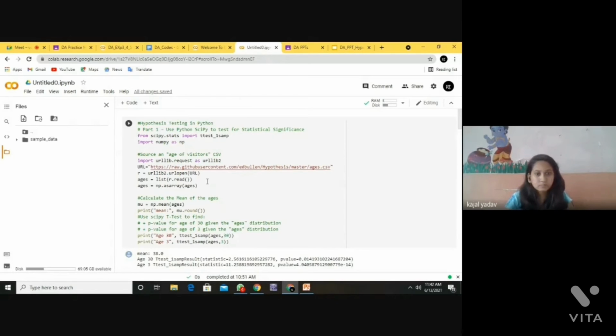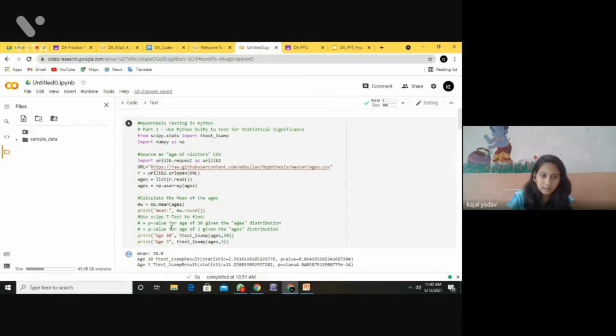We are writing the list where we open this file in read mode and pass an array as age, and we calculate the mean value of the ages using np.mean of age. We print this mean value with rounding.